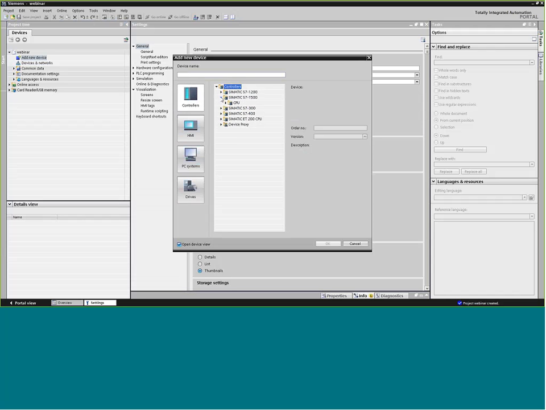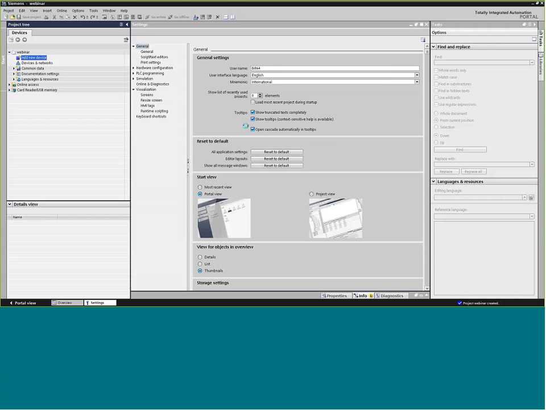So let's pick a 1500. I'm just going to go right here in the middle and say a 1515, which is kind of in the mid-range of the different processors. Anytime you see an F series at the end, that's a fail-safe or safety processor. Those are kind of the new releases. I'm going to go ahead and just pick the standard 1515,